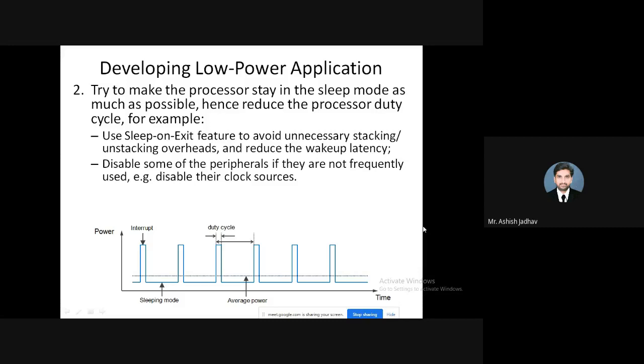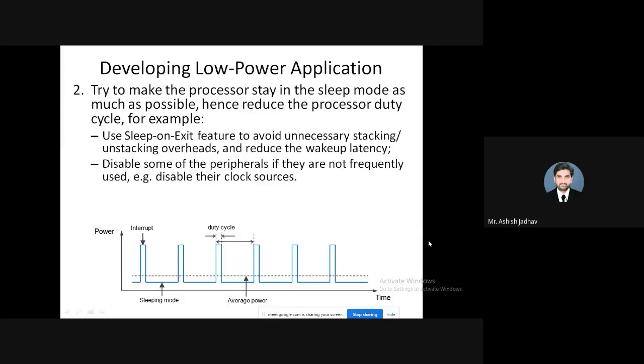So you have to use that sleep on exit feature to avoid the unnecessary stacking and unstacking overheads, and it will reduce the wake up latency. And you have to disable some peripherals if they are not frequently used. So you can disable the clock sources as well, right?